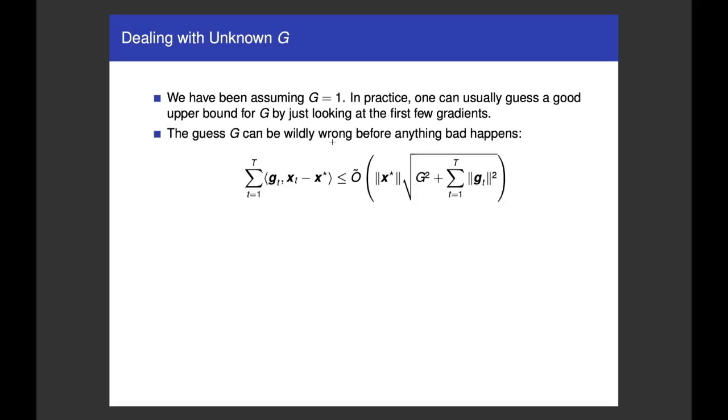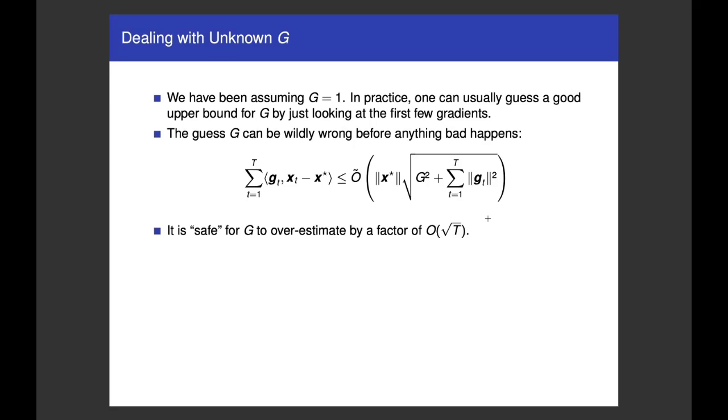On the other hand, let's look through what happens if you keep track of where G is being used in these regret bounds. So we look at the regret. It's upper bounded by norm of x star times the square root of G squared plus the sum of all the gradients squared. So when G is 1, I just dropped it inside the big O, but in general, this is the final bound. What this means is that G is actually pretty robust, right? We can overestimate G by a factor of square root of T, and we'll lose only a constant in this regret bound. We can be quite conservative